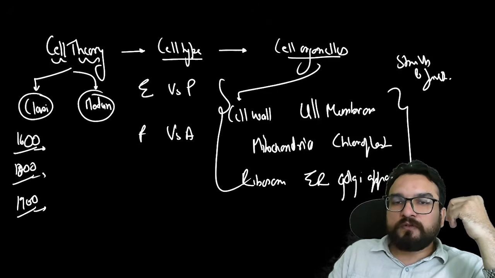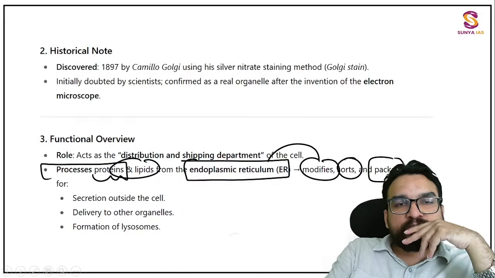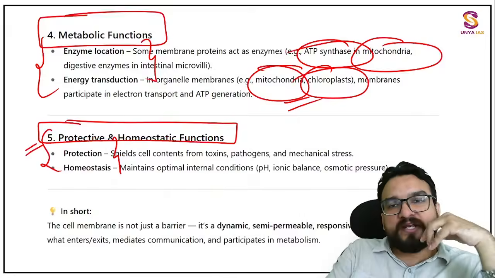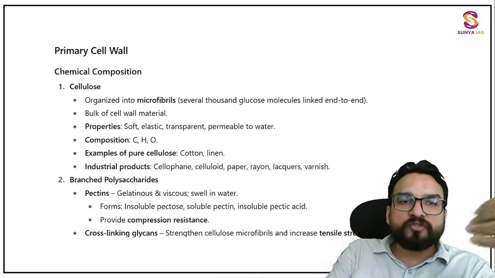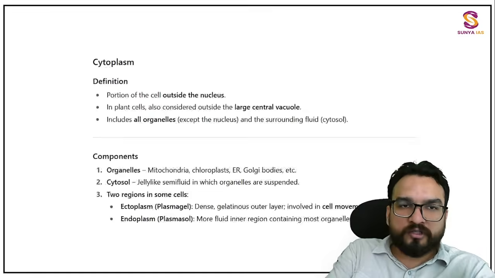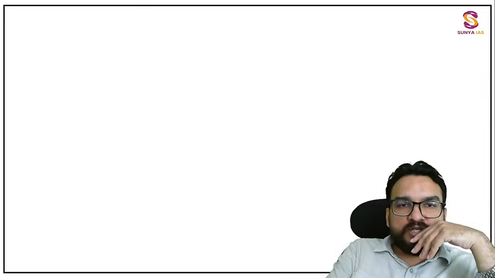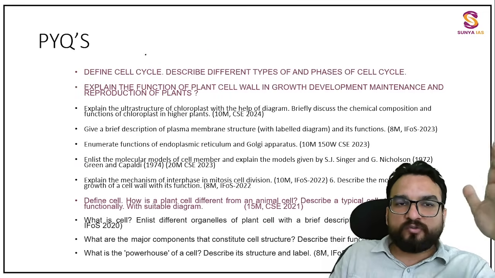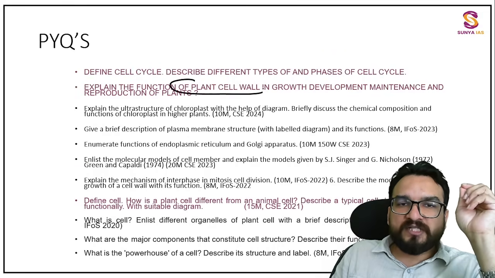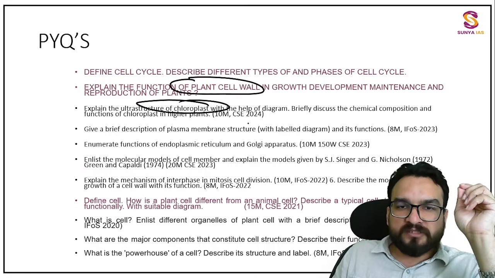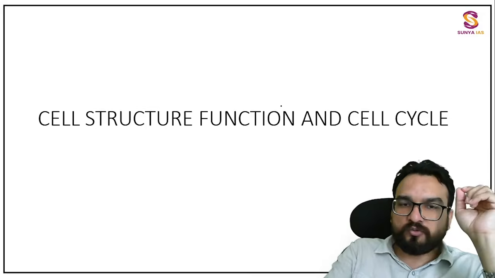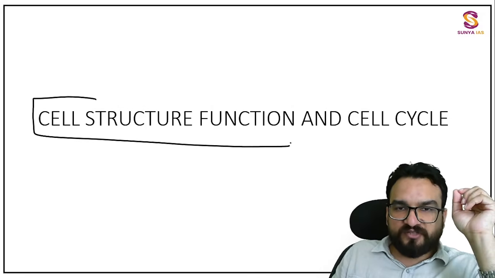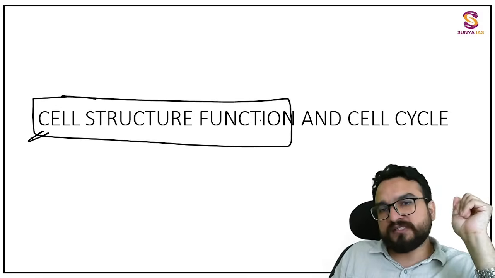Now you have to attend the enrichment session of this, where I will be doing active recalling with you all. Whoever cannot attend and watches later on, please do watch the recording. And when I'm asking something, try to recall it at that point of time too. After this lecture, try to attempt questions like plant cell wall, chloroplast, endoplasmic reticulum, Golgi apparatus. So cell structure and function we have tried to cover holistically.